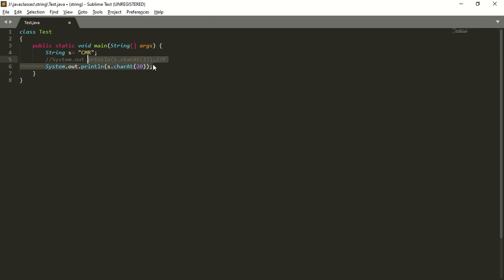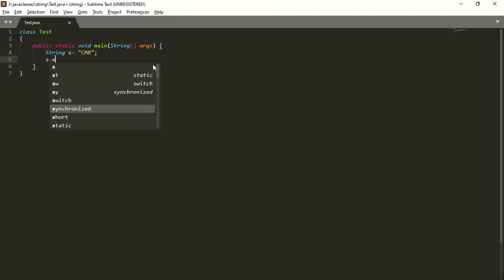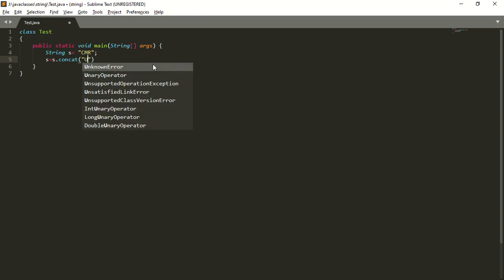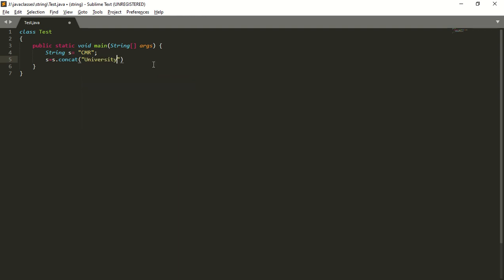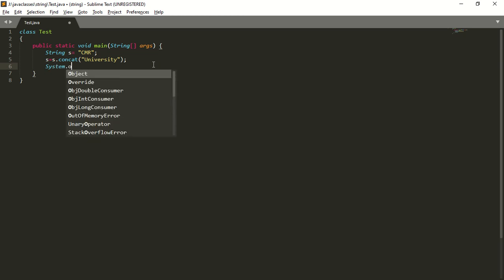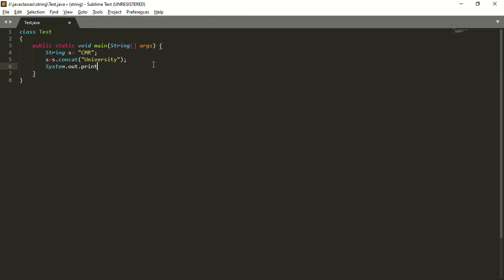So here, String s is equal to CMR, s is equal to s.concat of University. Next, System.out.println of s.